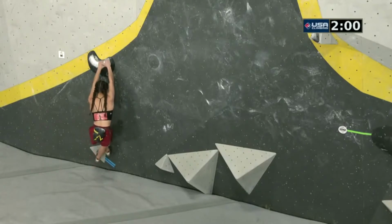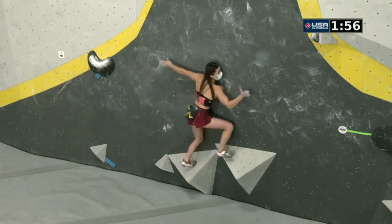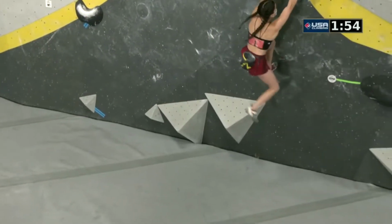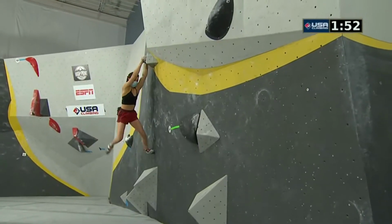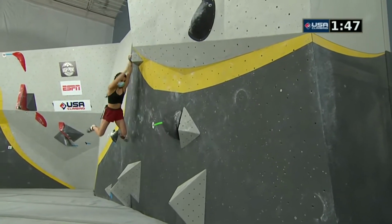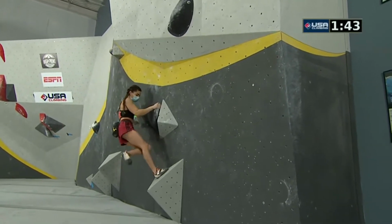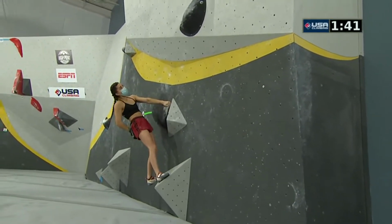Momentum. The rest of the girls stayed matched and just swung the leg, and Brooke is completely opening up and throwing her arm towards the hold as well. You get twice as much momentum the more limbs, like swinging 2 limbs to 1, you know? Exactly, and as one of the shorter competitors, she knows she needs to build momentum even stronger than some of